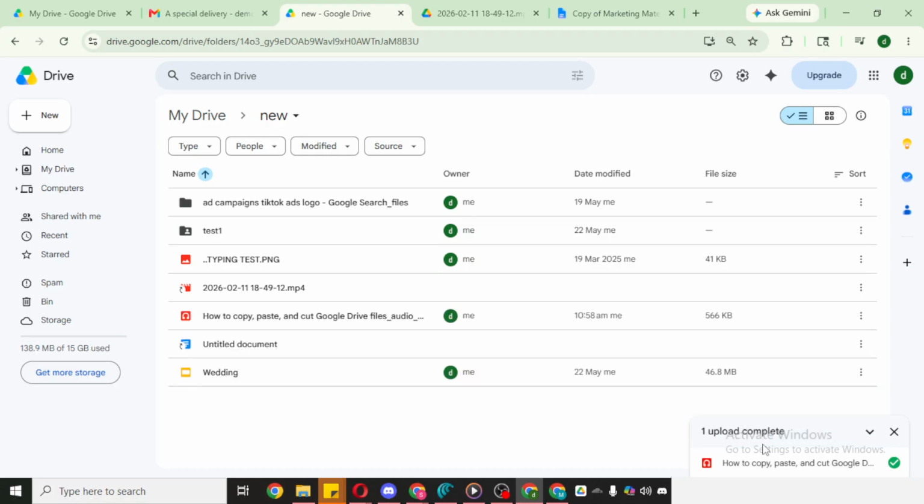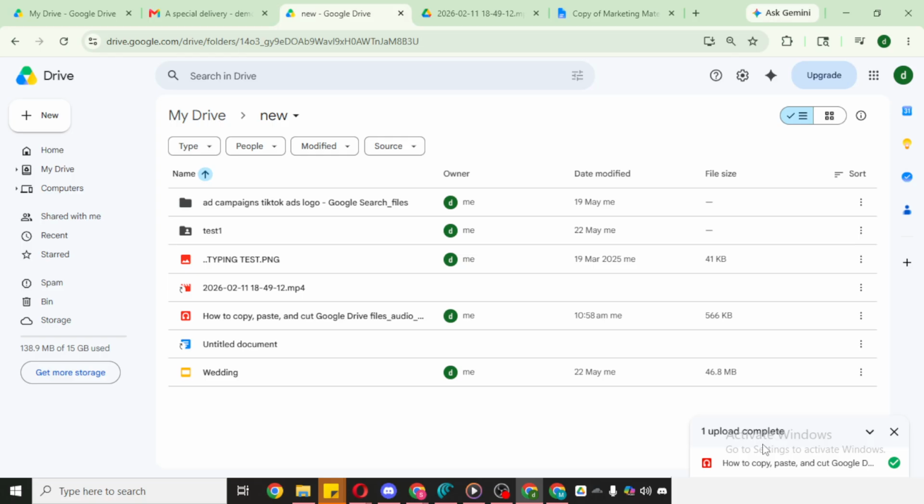For the smoothest experience, avoid closing the browser, signing out, or putting your device to sleep until the upload completes. A stable connection and keeping your computer plugged in can help prevent interruptions. If you start multiple uploads, they'll appear in that same panel at the bottom, each with its own progress bar.